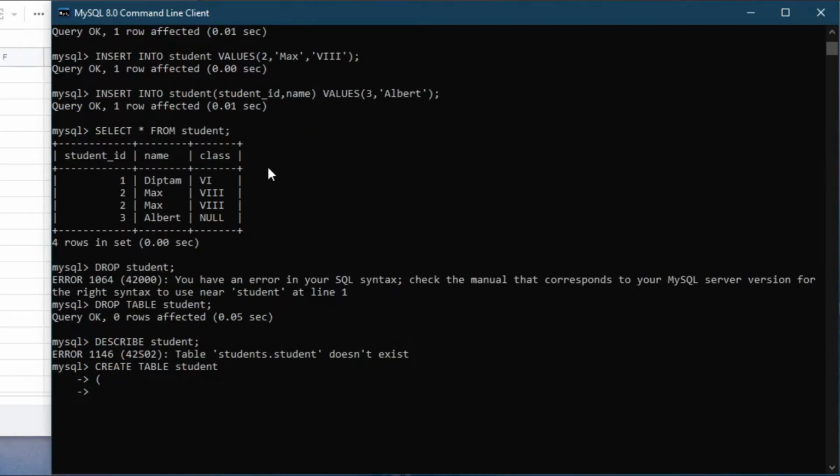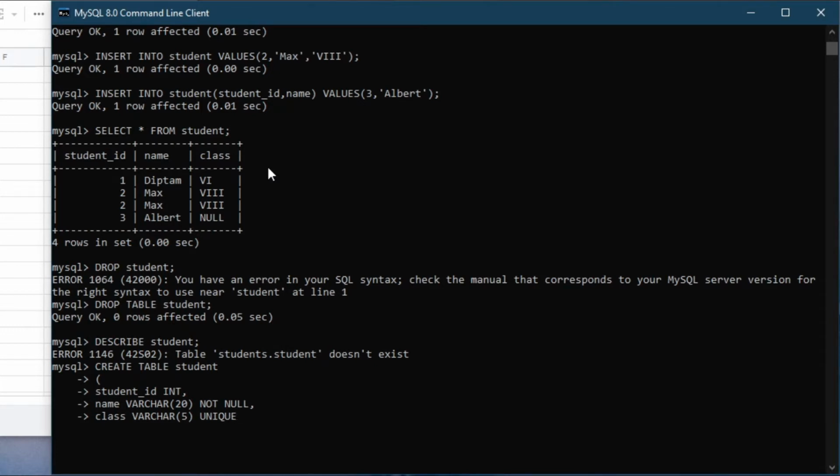Okay, so we'll just write over a student ID, and that is an integer type. Great. And then the name, and that is a character type, varchar, and the size 20 is enough. And now we have to set it that it is not null, so we will just write over here not null. It should not be null. Okay, and then the third one is class, and that is also a character type of size 5, and we have to set it unique